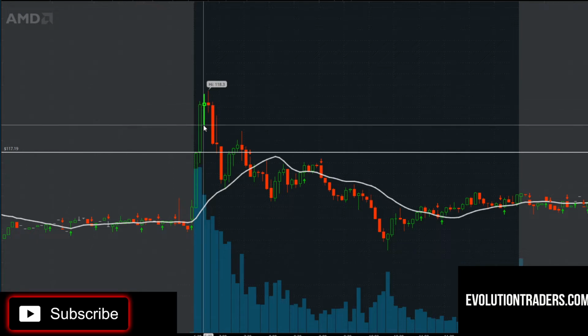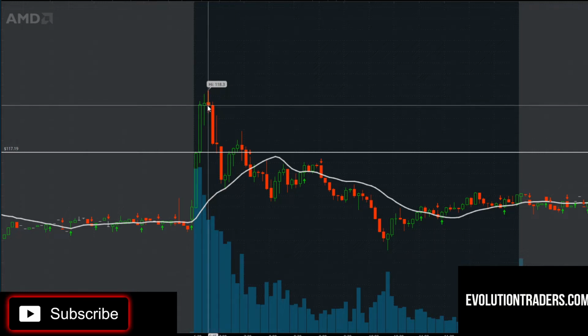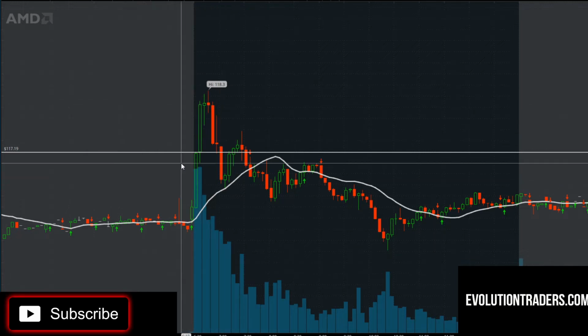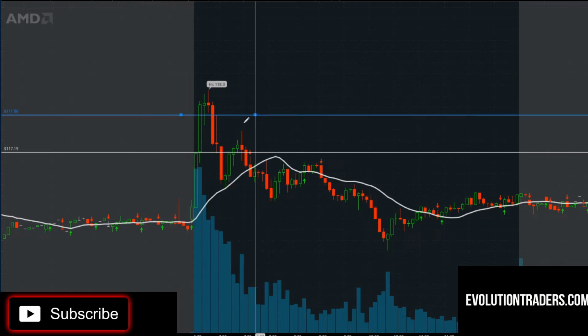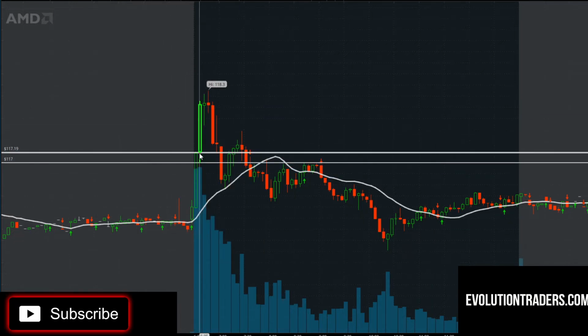Opens up, travels down. So where is the stop going to be? Stop is always going to be the entry candle's low price. So this is my stop. Stop's going to be here. Okay. So if I'm going to get into this candle, my stop is going to be at the entry candle's